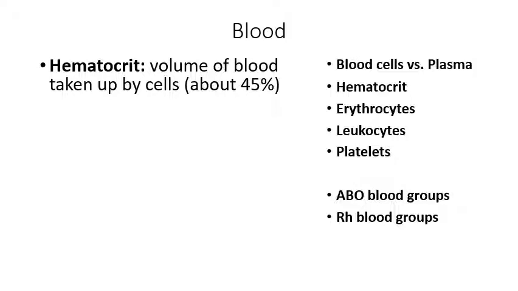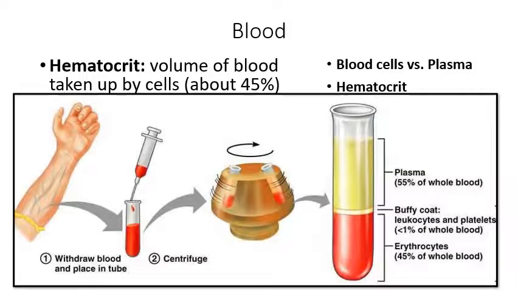Okay, I mentioned earlier in the lecture that hematocrit is the volume of blood that is taken up by cells. It's typically about 45%. This is how they measure the hematocrit. You take a blood sample out of the median cubital vein, probably. You put it into a test tube, right? So you put the blood into a test tube, and then you spin the blood in a machine called a